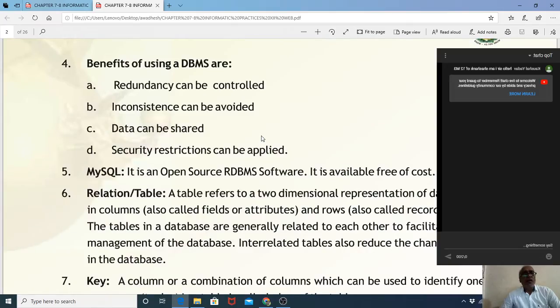Now we move to the next, benefits of using RDBMS. First is redundancy can be controlled, inconsistencies can be avoided, data can be shared, and security restrictions can be applied. What is meant by redundancy? What is meant by redundancy? Redundancy means the same data. For example, in a table we have,